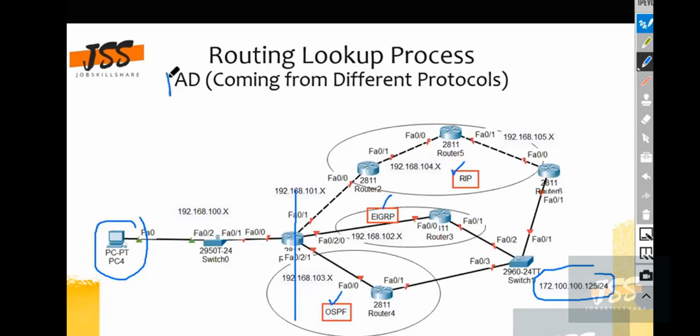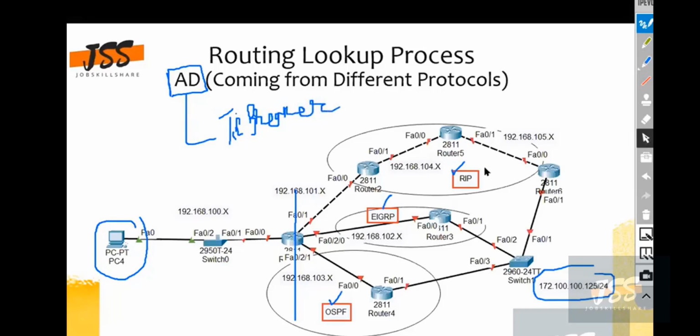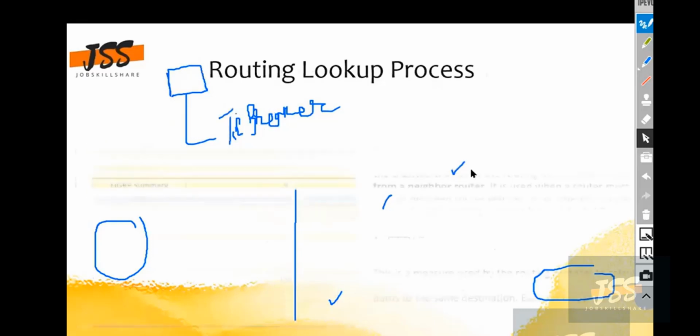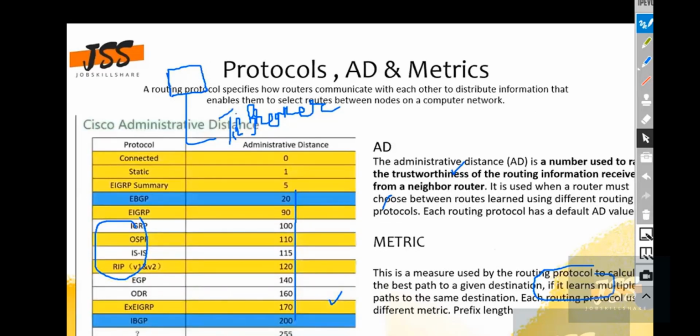So this is where AD comes in as a tiebreaker. And if I take you back to the earlier slide where I was talking about the administrative distance,